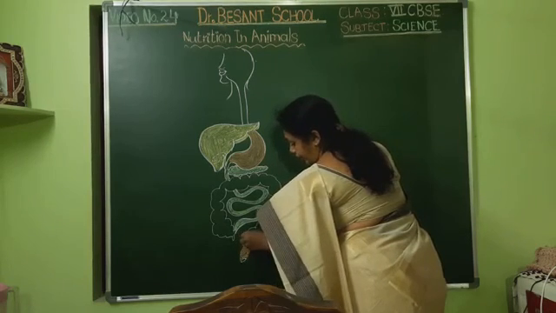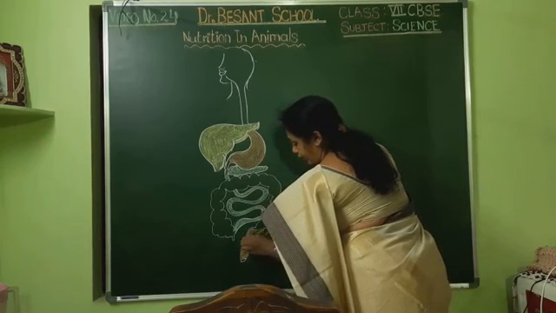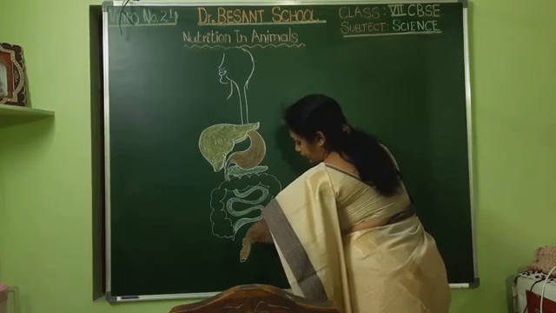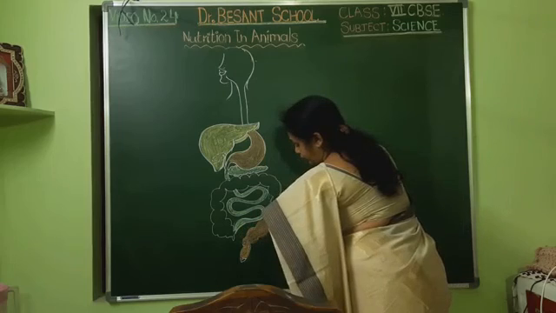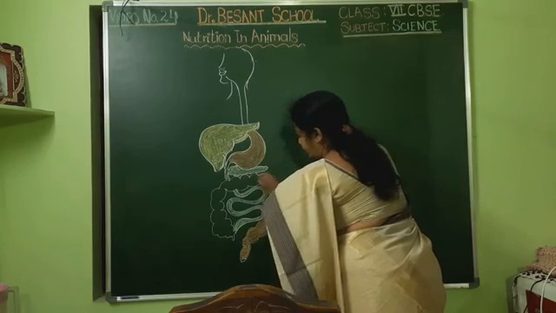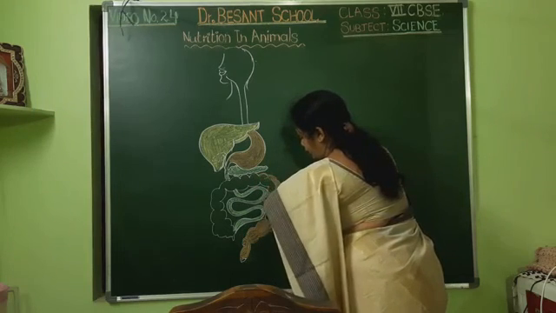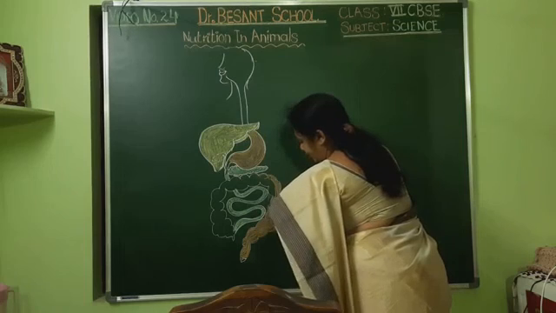See, slowly I am drawing the diagram. You all also can slowly draw the diagram. Don't hurry, draw a neat diagram and slowly draw. This diagram is very, very important up to your 10th class. When you are in 10th class I am going to teach the same diagram again, but I shall be explaining in more detail than what I am telling now. What you are learning will help you learn better in 10th class. Easily you will be able to do it in 10th class. That's why you all need to learn.